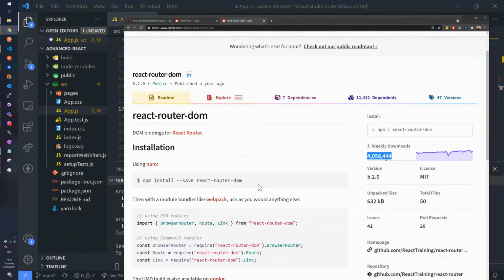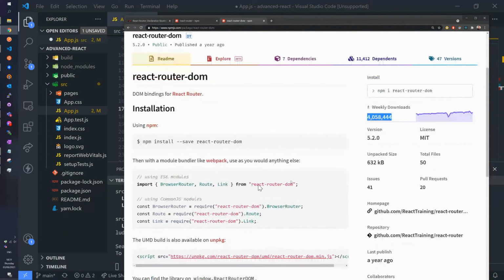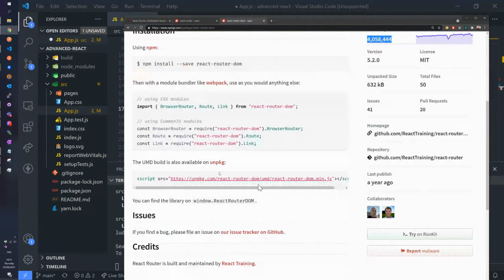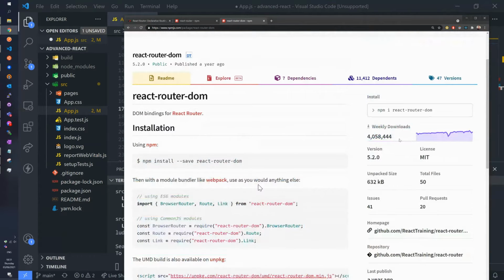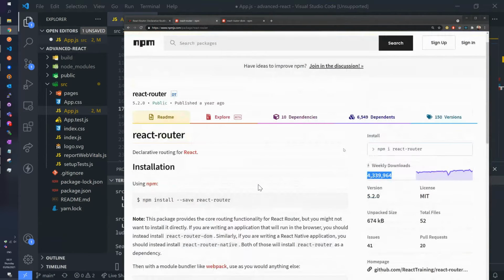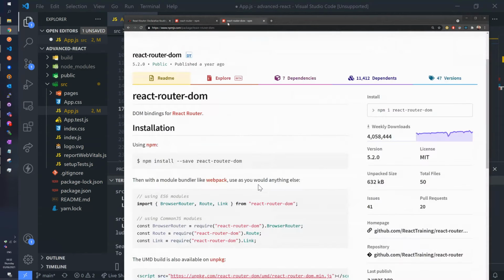The case closed. Now, in general, if you're working on a serious project, there are probably some small specific differences here, which might be very important once you really get into the details of it. But if you see something downloaded this many times per week, most likely both of them are quite legit packages, and you will have no problem working with them. There might be some specifics, for example, depending on how you host this web page, where you host it, and I don't know, there might be some differences. We're not going to go really into those today.